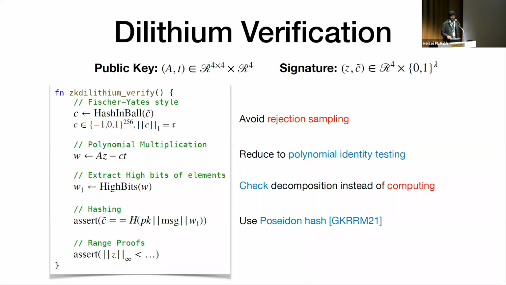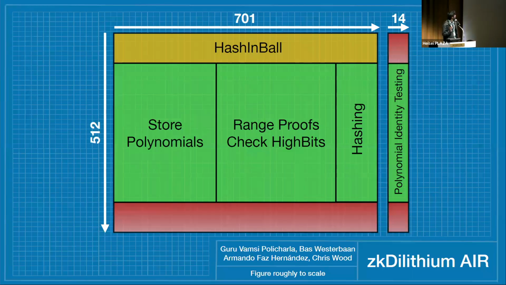Nothing crazy there. Okay, so this is a high-level pictorial diagram of how the AIR looks. I've omitted a lot of details because it's significantly more complicated than this. We have a main table and an auxiliary table. The auxiliary table is on the right side. I'll get into a moment as to why I've separated the two. The idea is, you do the computation of different things in different parts of this table. The figure is roughly to scale, so you also have an idea of how expensive each thing is, how much resources you're dedicating to each, and where the bottleneck is. The hash turns out to be the widest thing, because you really need a large amount of memory to implement this.